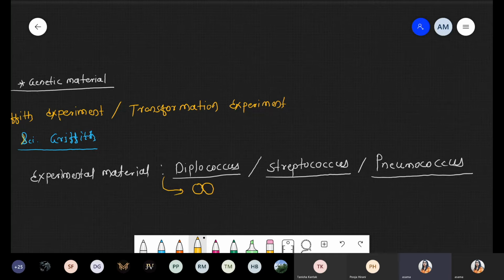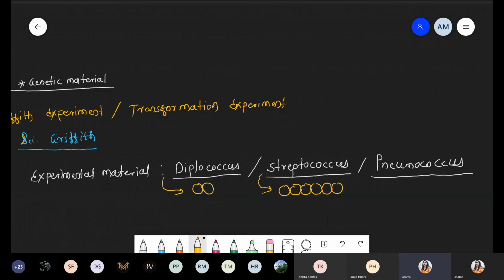What is the meaning of streptococcus? A linear chain of cocci, a linear chain of bacteria. So this structure under the microscope is called streptococcus. Remember, we saw the shapes of bacteria: monococcus, cocci shape, diplococcus, streptococcus, staphylococcus. Got it? So now in this condition we are talking about diplococcus under the microscope.